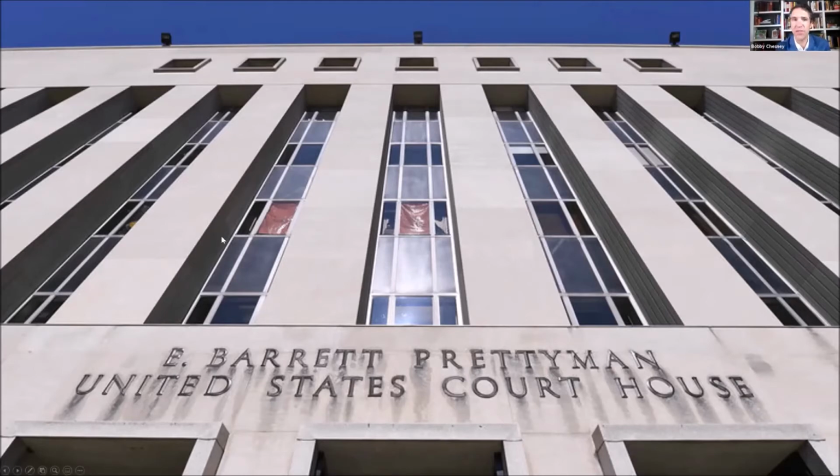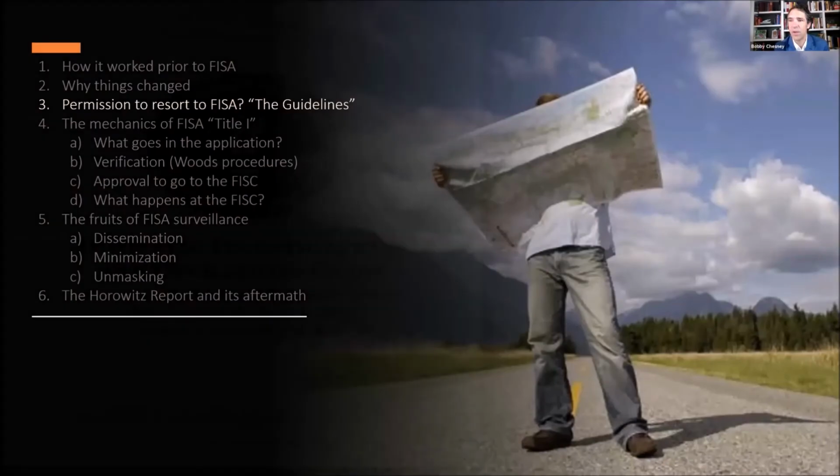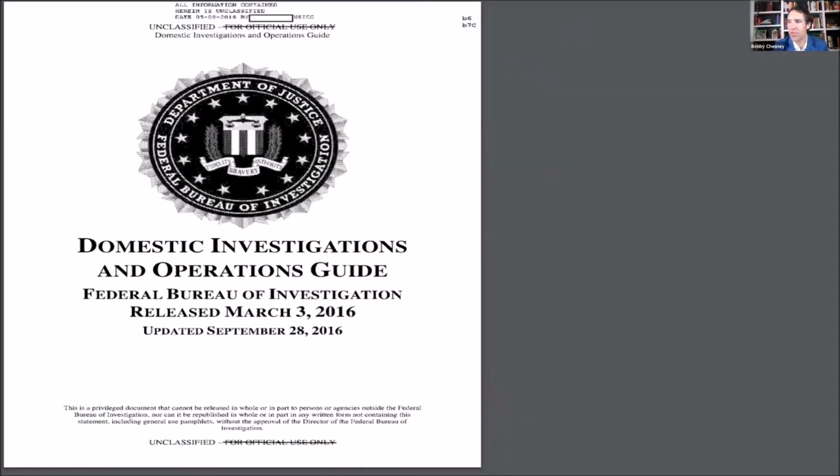And so let's tease this out more concretely by looking back to our three hypotheticals: the executive, the chef, the consul, and let's think about whether we can get a FISA order under Title I, the original FISA system, to surveil the communications of each of these three individuals. Where do we start? Well, we actually don't start with FISA at all. We're going to start instead with something called the Domestic Investigations and Operations Guide, the DIOG, D-I-O-G. The DIOG is the FBI's implementation manual, capturing all the FBI rules and larger Justice Department Attorney General guidelines that define